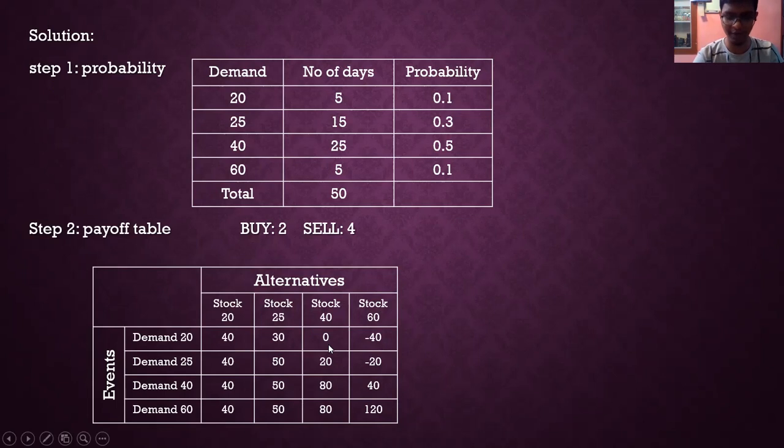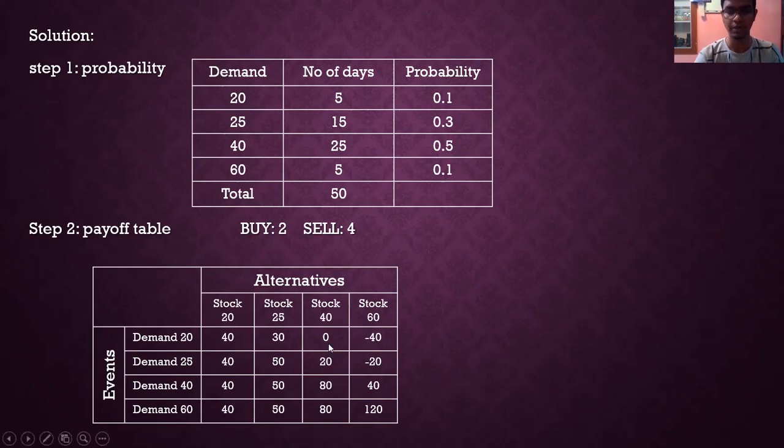So till now we have a profit of rupees 40. Now we have an excess of 20. We can split it in two: 20 we have and 20 we have. First 20 we are selling, so by selling the first 20, we made a profit of rupees 40. The remaining 40 is lost for us, right? Here, for one unit we get a loss of rupees 2. We have 20 such units or doses, so 20 into 2 will give us 40. So now we have 40 loss and 40 profit.